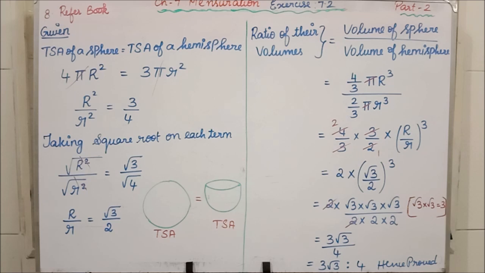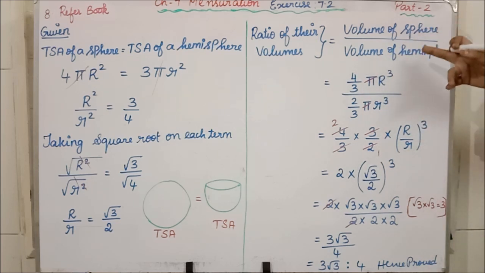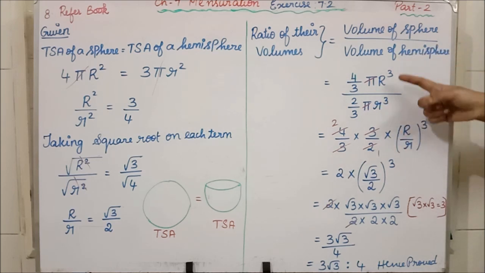We have got that. But in the question they are asking the ratio of their volume, we have to get 3 root 3 is to 4. Ratio means how will we write usually? Ratio means we will be writing in the divide form. Here we are talking about the shapes sphere and the hemisphere. So ratio of their volume means volume of the sphere by volume of a hemisphere. Volume of the sphere formula is what? 4 by 3 pi r cube. Volume of hemisphere is 2 by 3 pi r cube. Now both the radii should not be the same, so I have taken again capital R and small r.